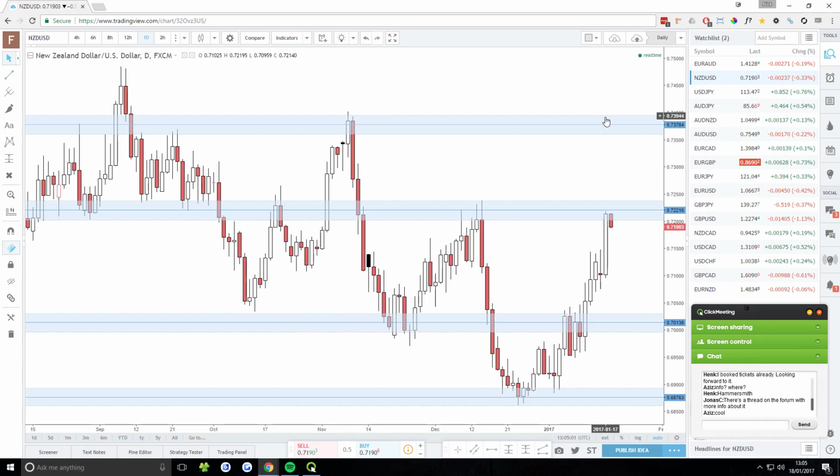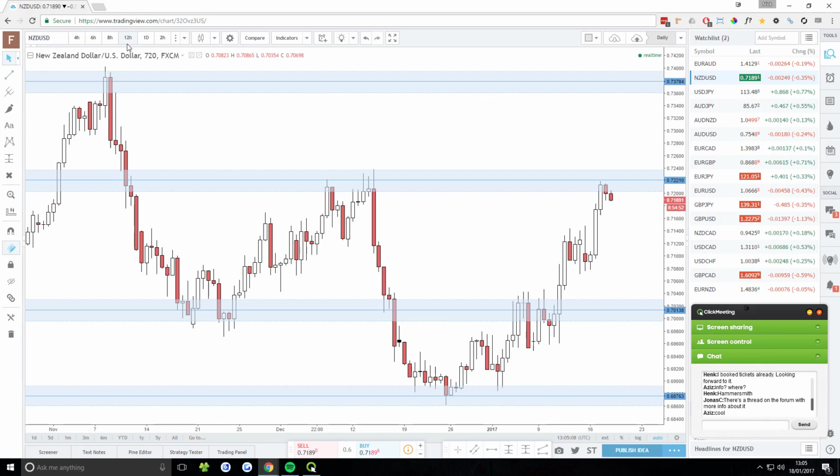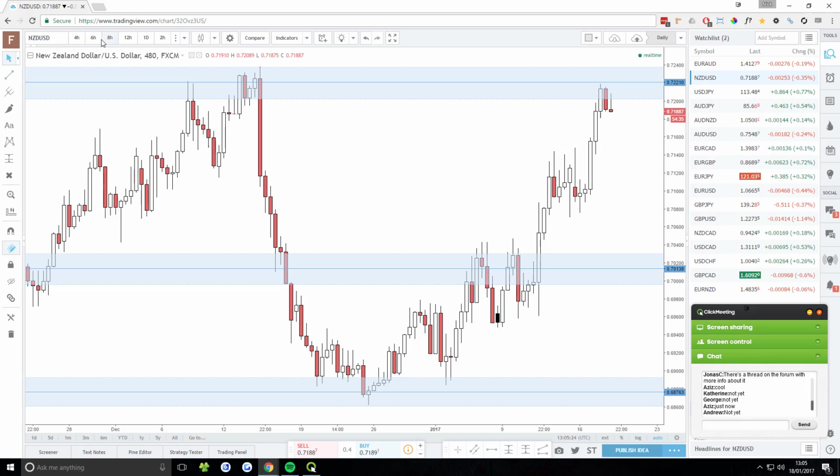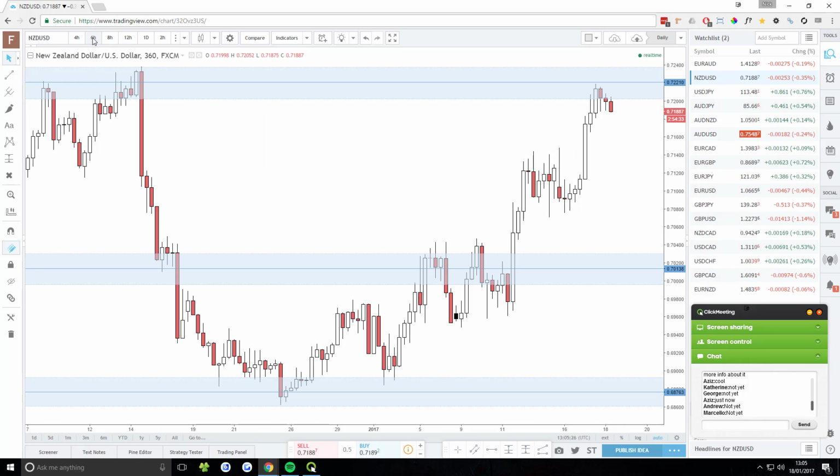New Zealand USD though. Is anyone in on this trade? Now it's going to surprise some of you to know that I'm already in on this trade. I got in a while back, and it's dropping quite nicely right now, which is good. Now I know a lot of you are going to say, well, how'd you enter that trade? Why'd you enter so early?